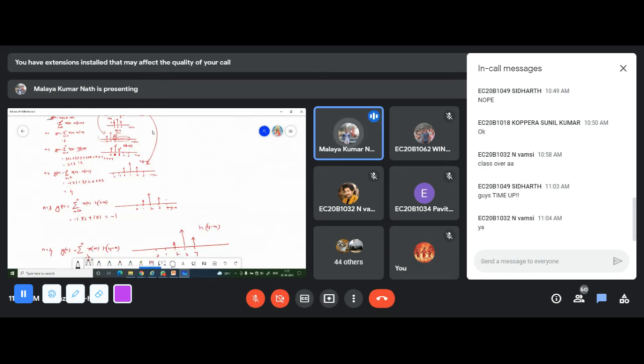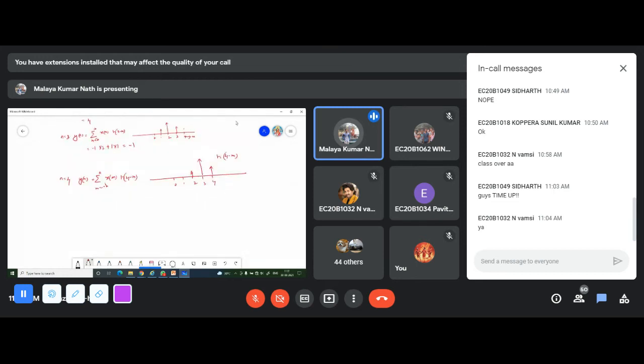So that means 2, this is equal to 1 unit, and 2, it is 1 unit. So the other part will become equal to 0. So this will be equal to 1 into 1, that is equal to simply 1.